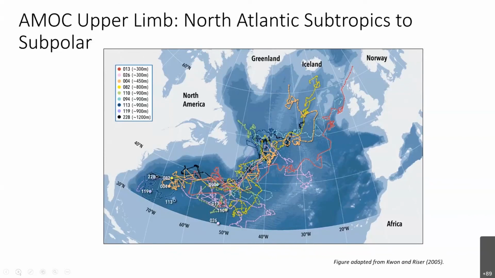Most of them are at 900 meters. There are about 9 tracks here. And these profiling floats drift for maybe 10 days or so at depth, and then they pop to the surface briefly to get their position, then they go back down. So you see little gaps between the trajectory segments. But what this figure shows actually is some low number of observations, but considerable connectivity between the Gulf Stream and